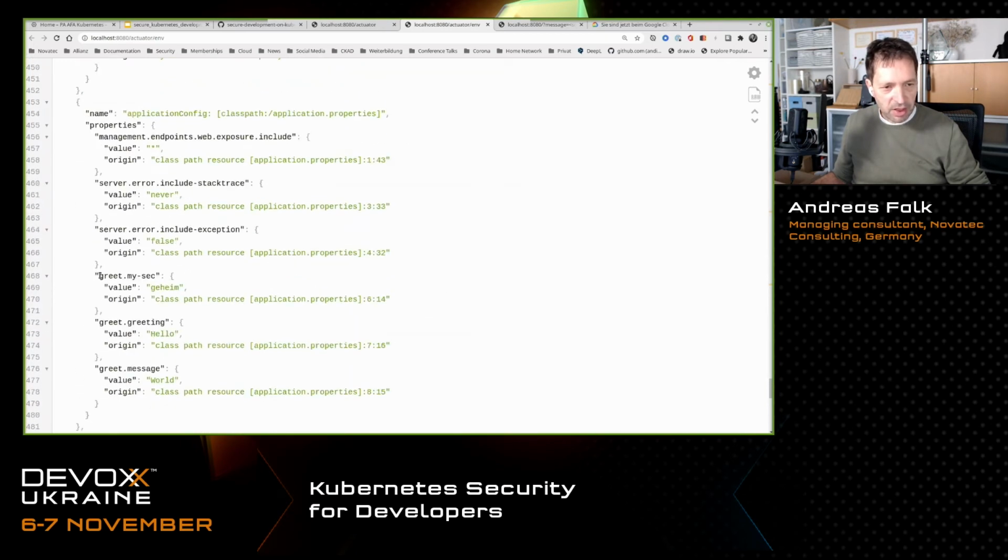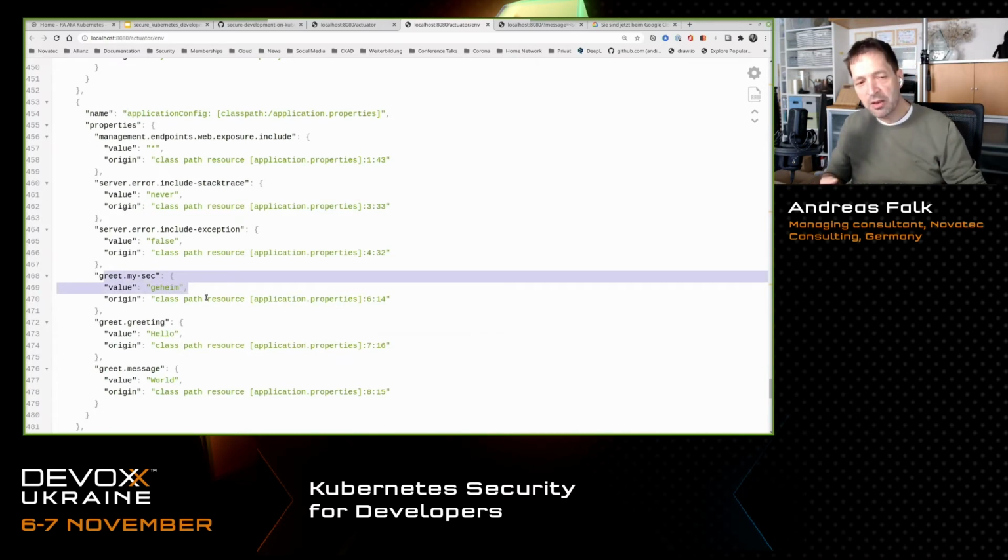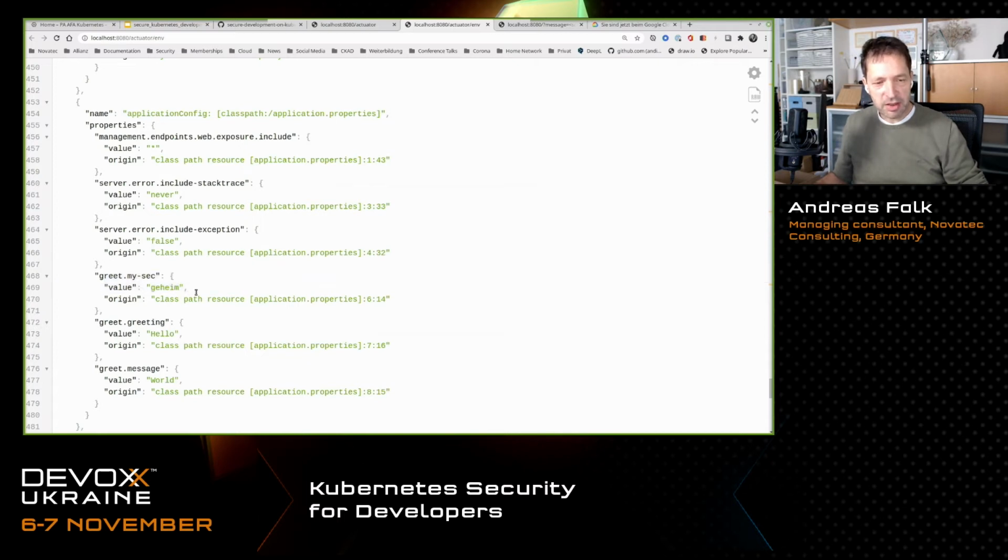So this is, for example, what I'm talking about. If I have my secret sensitive data, which should not be shown in clear text here, but it is, you should be aware of the actuator part, that it can also show sensitive data if you're not protecting this endpoint with authentication.